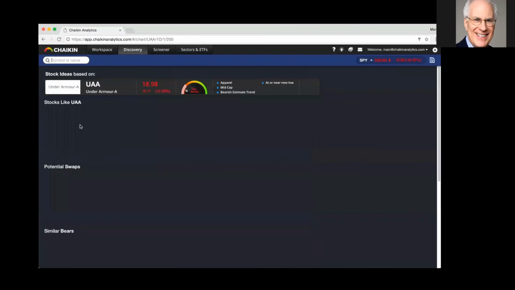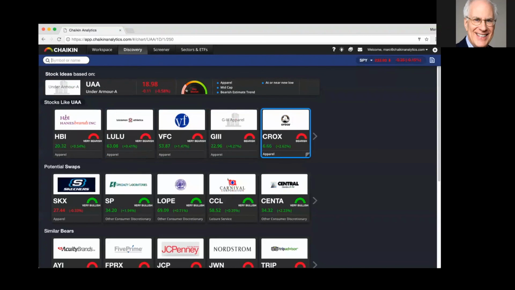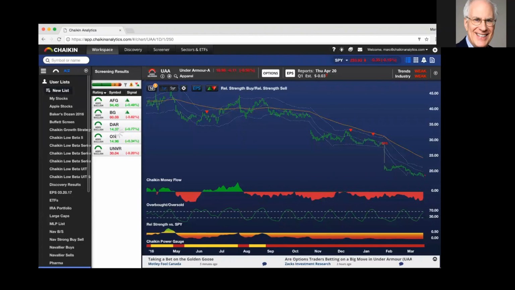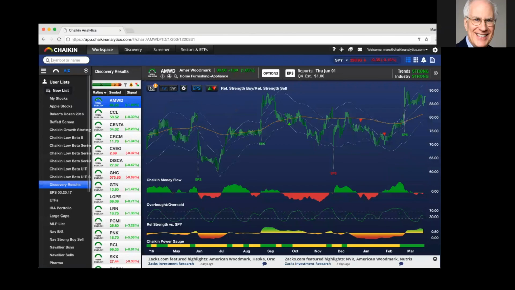And now we're going to see other mid-cap apparel stocks with a bearish rating: Hanes Brands, Lululemon, VFC, G3. But on the next line, again, we've got potential swaps. In this case, I'm just going to click on potential swaps, and all of the 15 stocks, because we only show 5 at a time, are going to show up